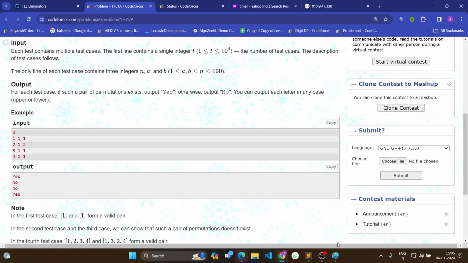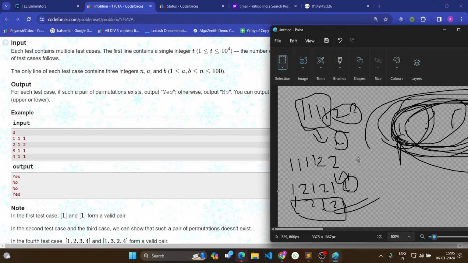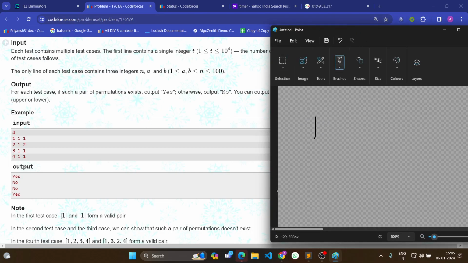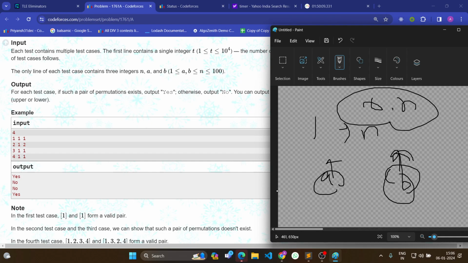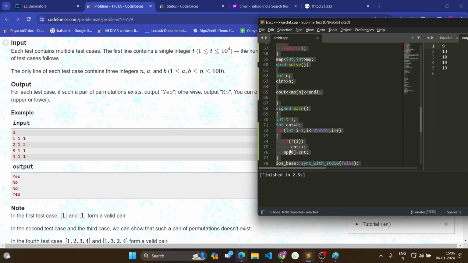So basically, एन की एरे दी गई है, हमें बताना है कि क्या ऐसा पॉसिबल है कि ए लेंथ का प्रीफिक्स दोनों में कॉमन है, बी लेंथ का सफिक्स दोनों में कॉमन है, यानी बाकी दोनों एलिमेंट्स डिफरेंट होने चाहिए। तो बी लेंथ का सफिक्स, सो पहली बात तो अगर बी और एन बराबर है, फिर ए और एन बराबर हो और दूसरा वाला एलिमेंट नहीं बराबर हो, तो आंसर नो हो जाएगा।